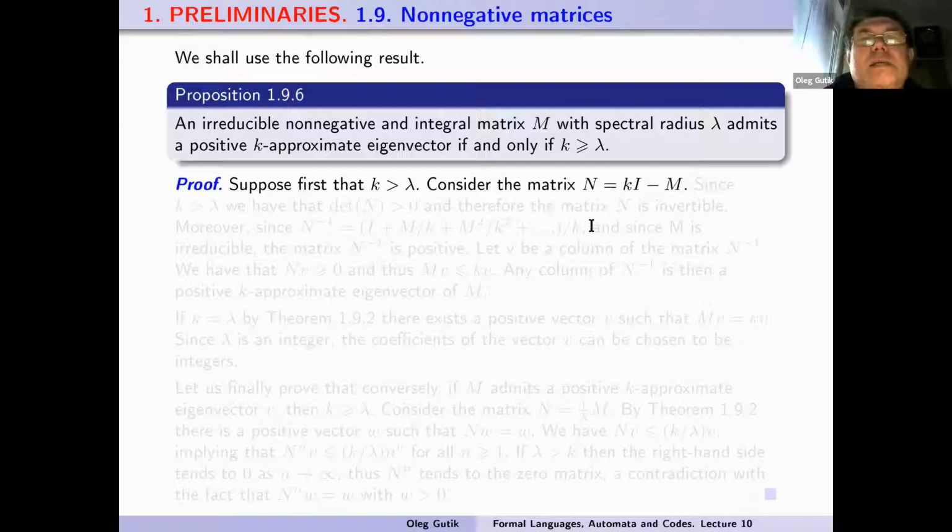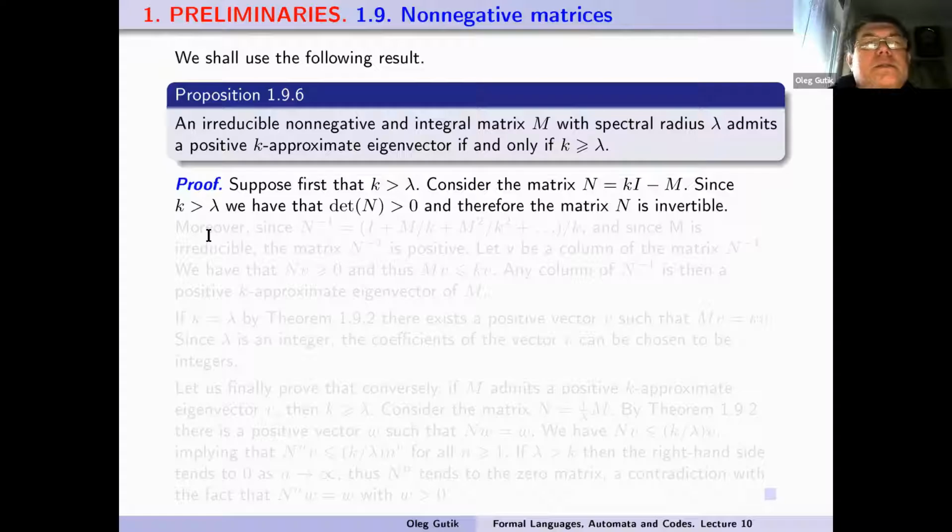Consider the matrix N, which is equal to K multiplied by the identity matrix I minus M. Since K is greater than lambda, we have that the determinant of the matrix N is greater than 0,